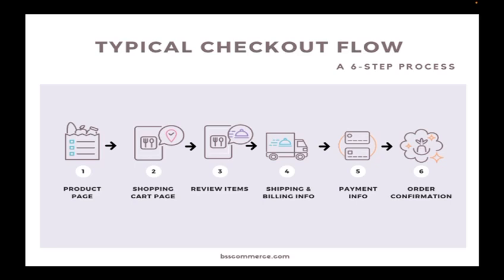And this is a typical checkout flow which is having a 6-step process. Here the first step is product page. In the product page, the products will be listed out, and during the shopping page, shopping cart and review items